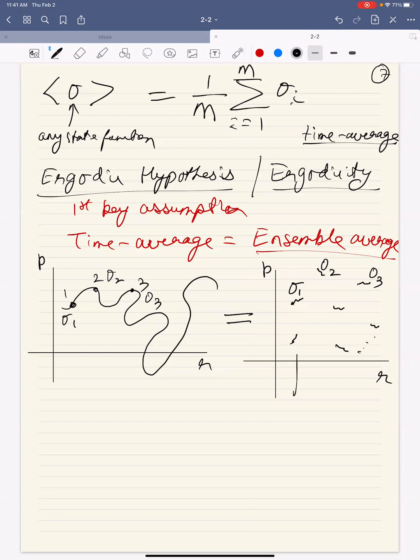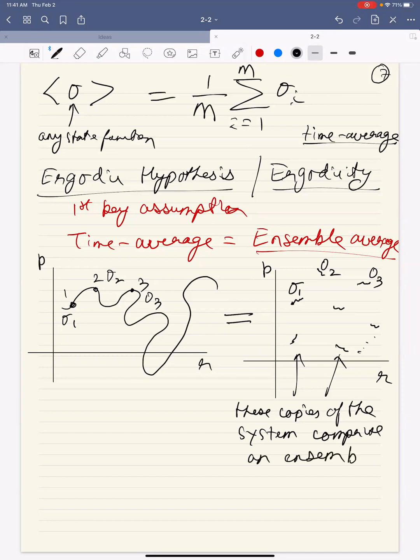So these copies of the system comprise an ensemble. An ensemble really means a collection, right? You have created a collection of microstates,